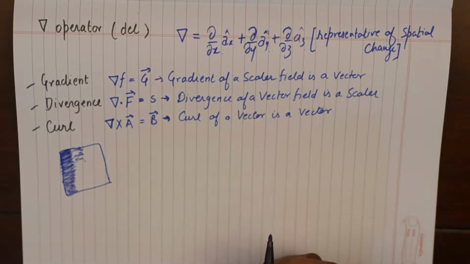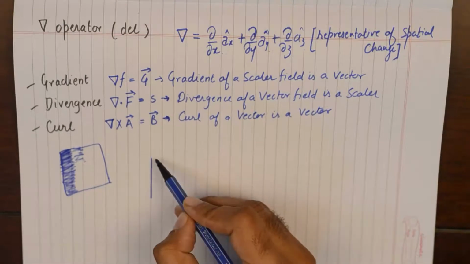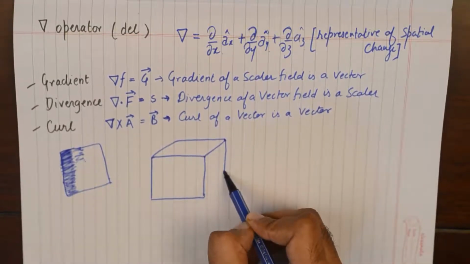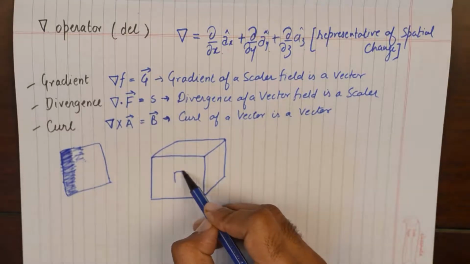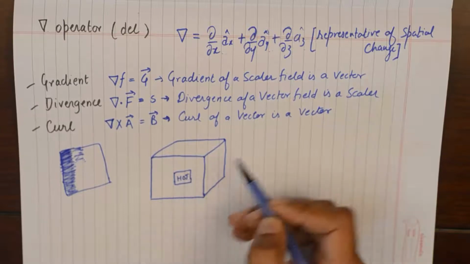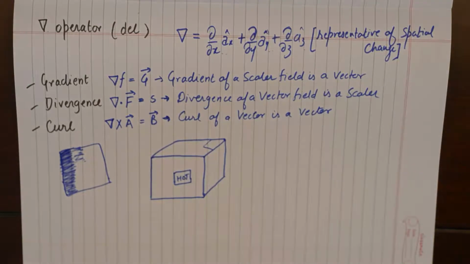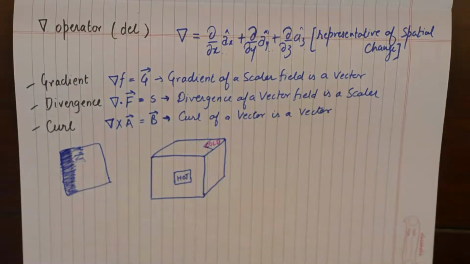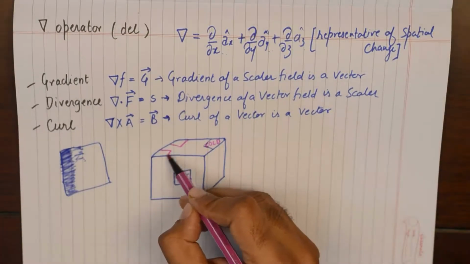And the best example to understand gradient of a scalar field is the example of temperature in a room. For example, if we have a closed room and the center of the room has hot temperature and the corners of the room have colder temperatures. Now we have this phenomenon in hand. We create a scenario of a room where the center of the room is extremely hot and the corners of the room are extremely cold, and